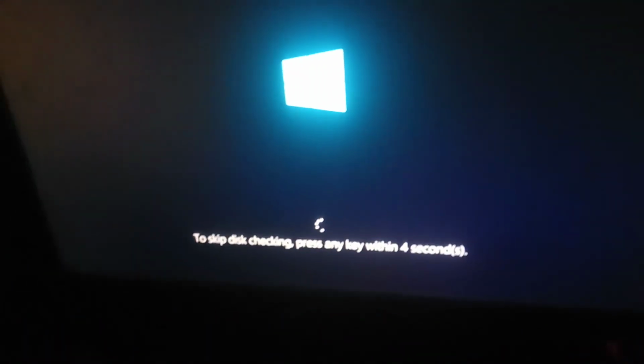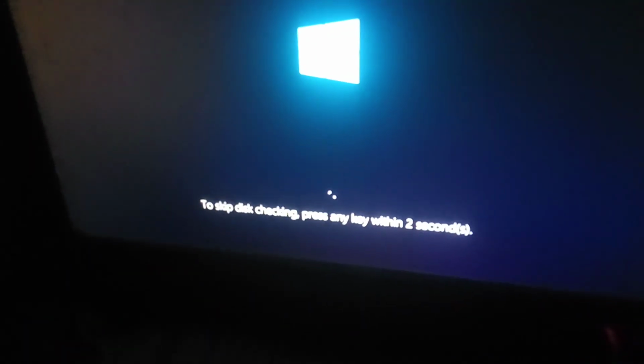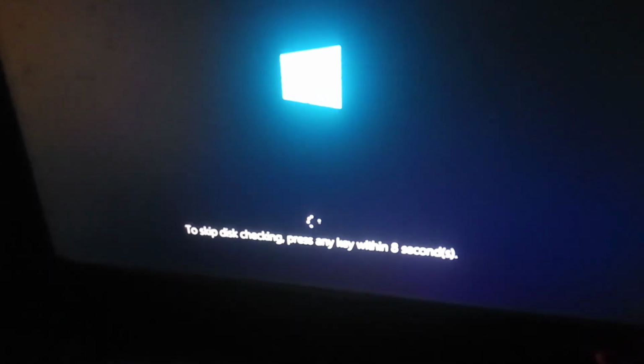All you need to do is keep your settings, guys. I will skip this disk checking, guys. I pressed any key, guys, A B C D, because it takes a huge time. It checks every disk, guys, for any faults or any problems. So I just skip it by pressing any key, A, B, C, D. Wait, guys. Cool, guys, be cool.